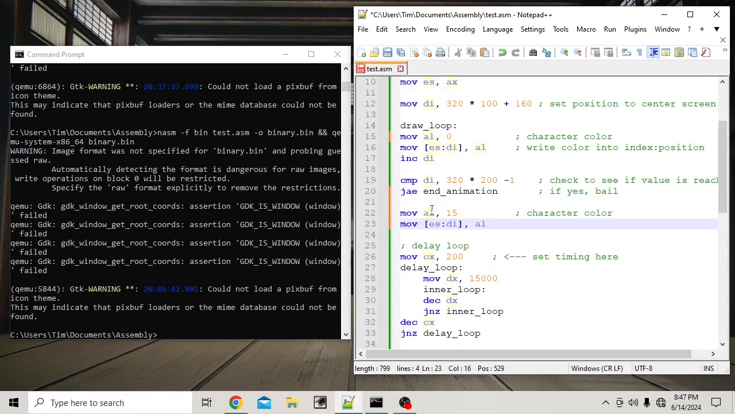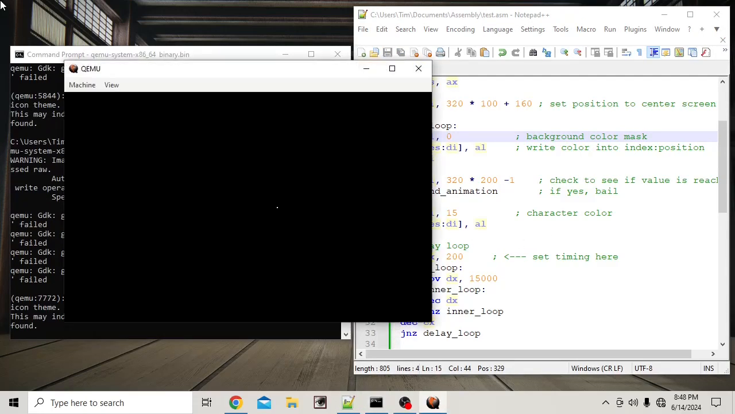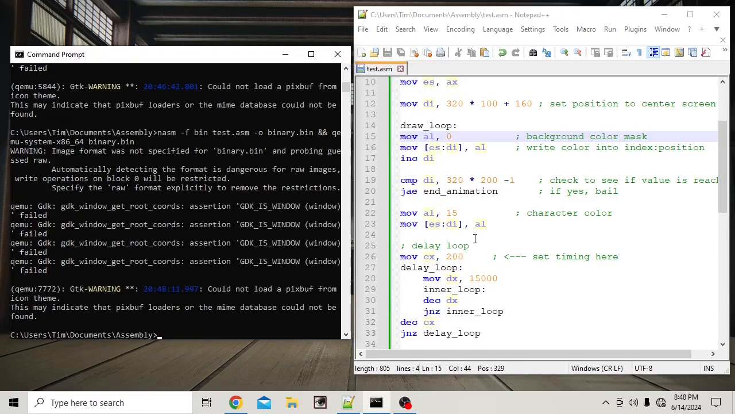Okay, so now that's the character color. But this is the background color. Background color, and we're making a mask essentially. Let me just save that real quick, see what happens. There. So the trails are being erased because we are